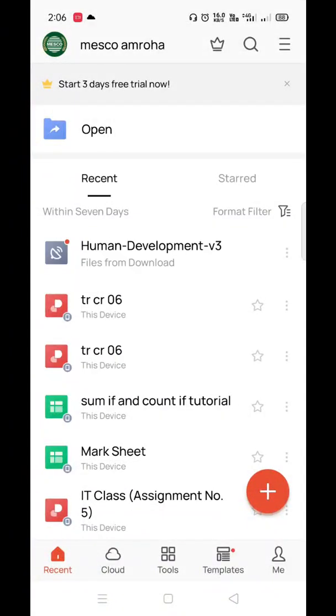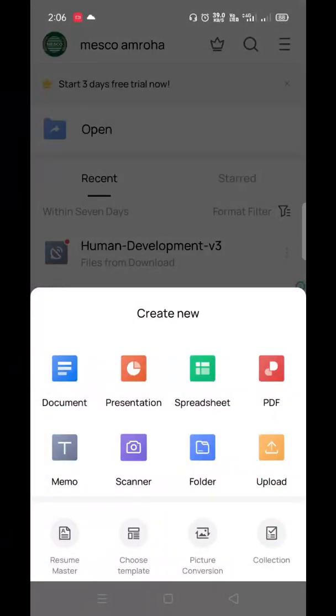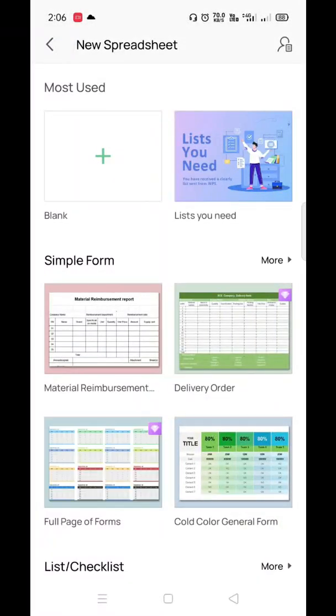So now let's see how we will do the IF formula practically. Just tap on the plus icon and choose spreadsheet. Take a blank sheet from here.